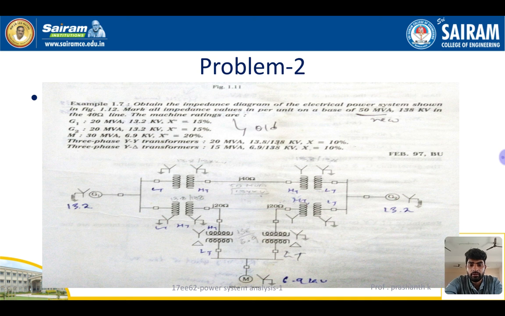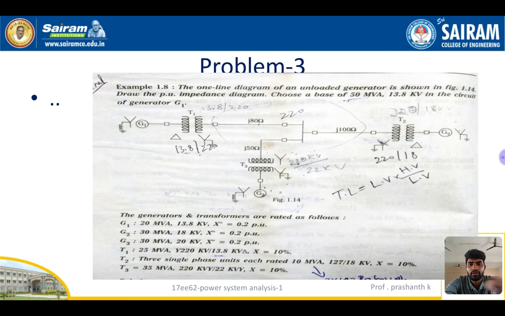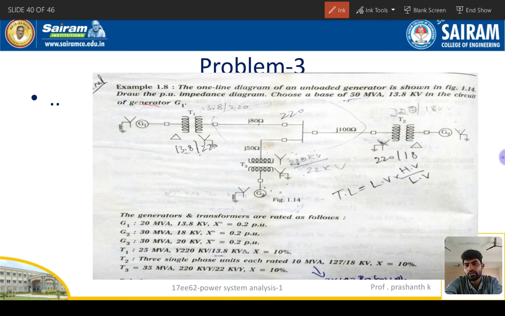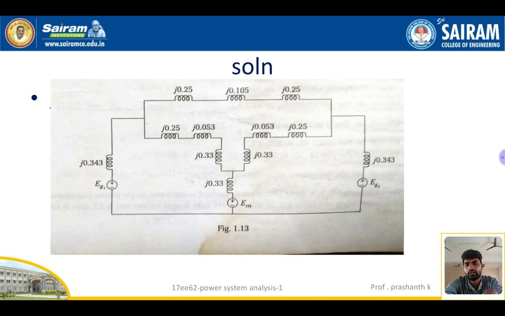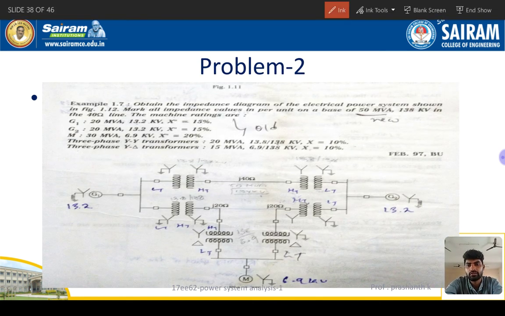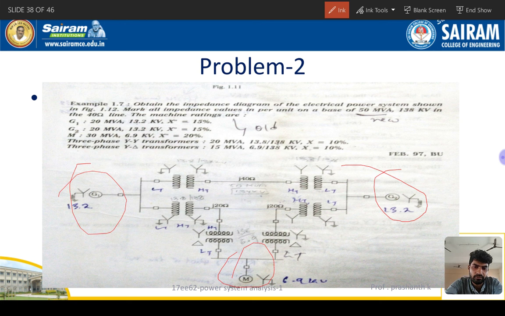Next we have problem 2. This one is an interconnected generating station. One is generator, generator 2 will be there and then a motor will be there. Just consider this one is one power plant and this one is another power plant, and another motor over here. The generators are integrated and connected to this one. There are transmission lines from here to here, and here to here. We have 6 transformers, they mentioned star delta transformers, and star to star transformer.